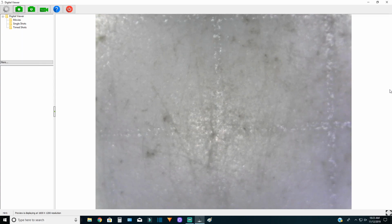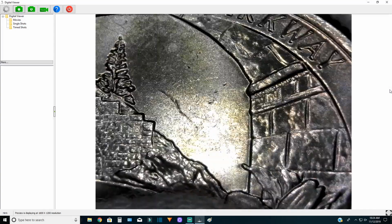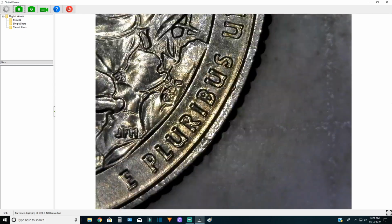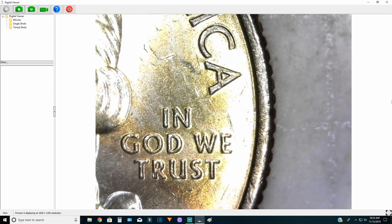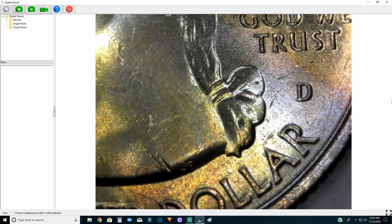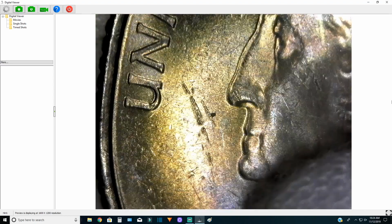And as far as the quarters go, we have a really cool, I believe this is more in the Pacific. No, this is a different one. Blue Ridge Parkway. Pretty decent shape. Reverse, well, it's got some damage there above the mountain. But the reverse has some pretty cool color on it. And typically, because this one has been circulated, we wouldn't keep this coin, except the obverse has some really cool color on it. We got some golds, some blues. Gets really rich towards the quarter. But again, really cool color,